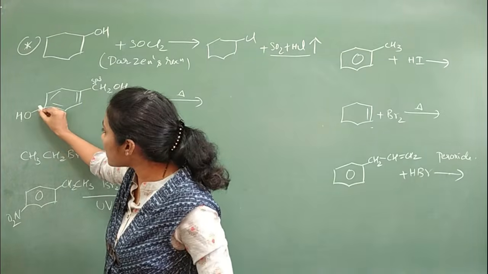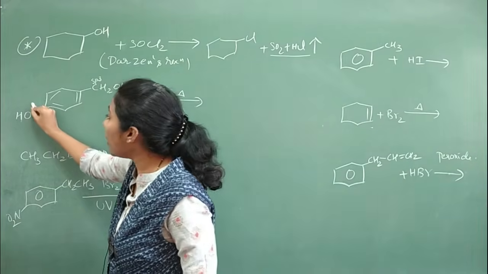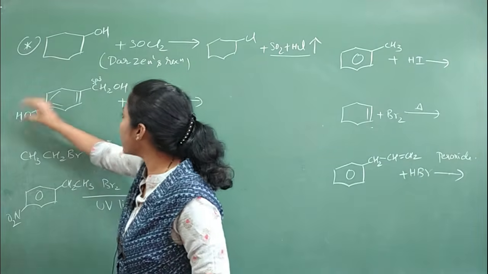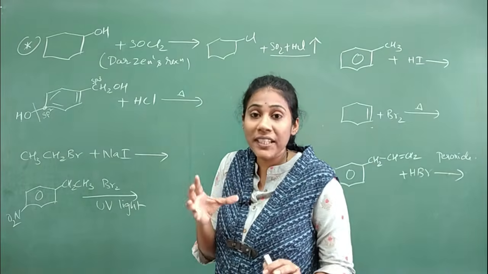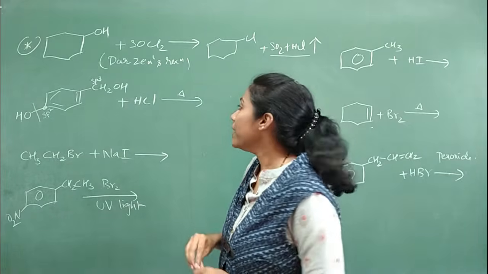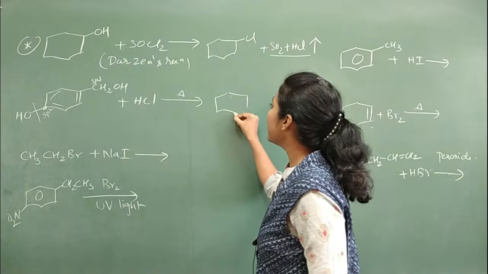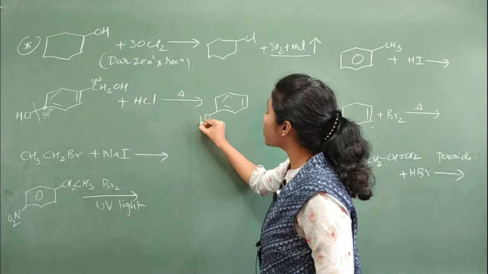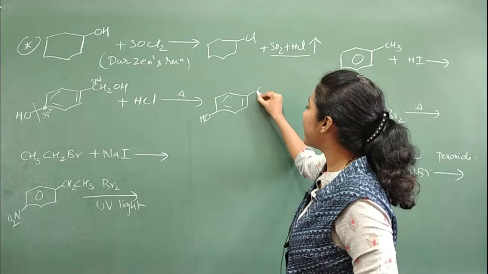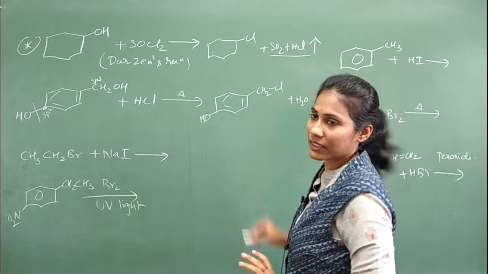Whereas if you look at this OH, this is attached to an sp2 hybridized carbon. You cannot break this bond that easily. You cannot replace this OH with Cl that easily. So definitely you will have to think of replacing the other OH with Cl. Remember guys, this OH remains in its position. Nothing will happen to that OH. So you would be getting CH2Cl, plus H2O is the byproduct, definitely.